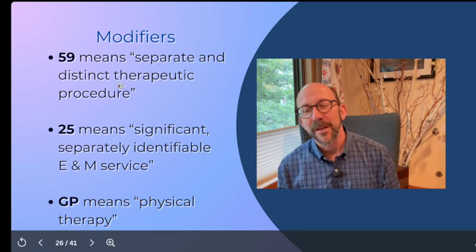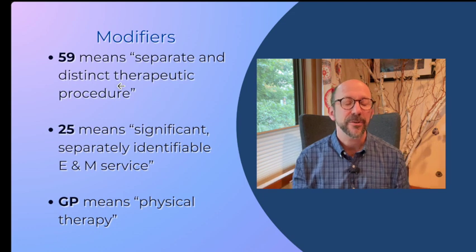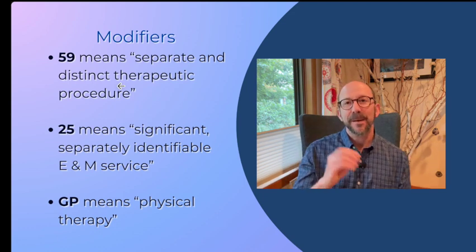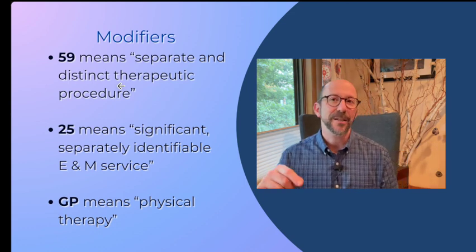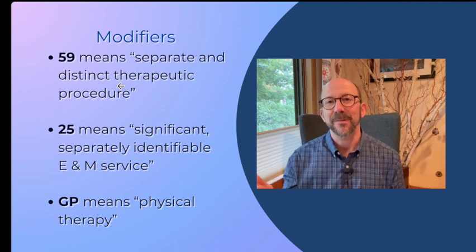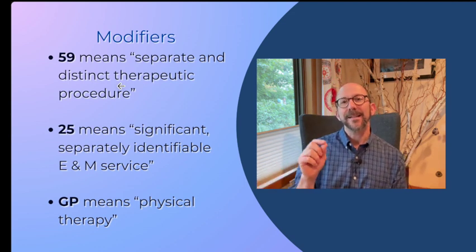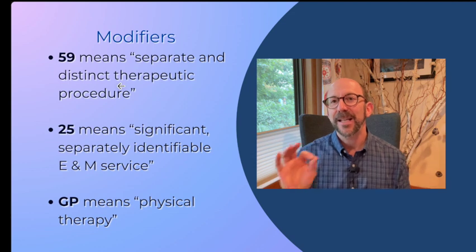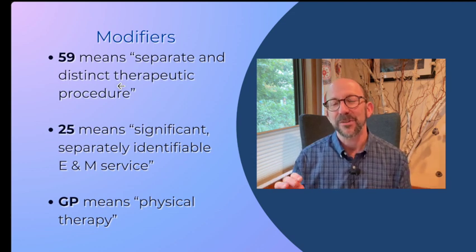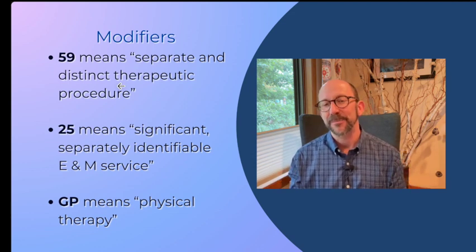Here's what they mean. 59 and GP, by the way, always go together. 59 means separate and distinct therapeutic procedure. That's what the 59 modifier means. And you want to tack that onto the end of any of your manual therapy, massage, or exercise therapy codes. And here's why. As far as the insurance company is concerned, when you do an adjustment, 98940, they get that